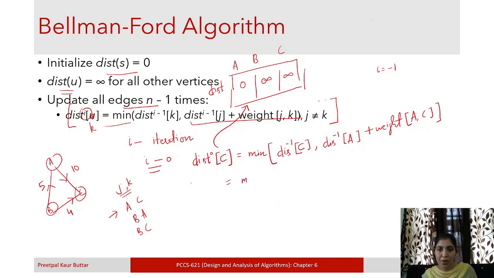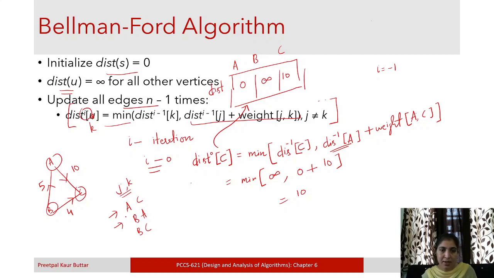And now what is the minimum? The previous distance of C was infinity. Now we are considering this direct edge A to C. So the distance to A, which we have calculated in the previous initialization, is 0, plus the weight of this edge A to C, which is 10, right? So we are updating it because we are getting a minimum value, right? Okay, similarly